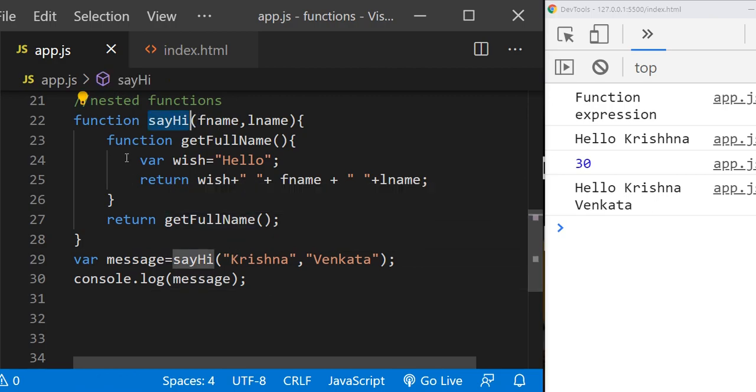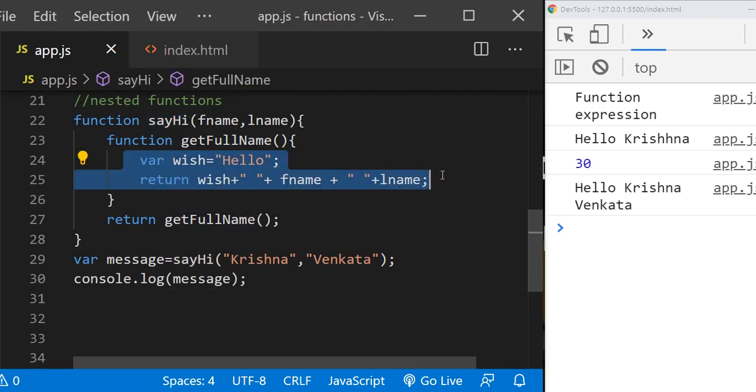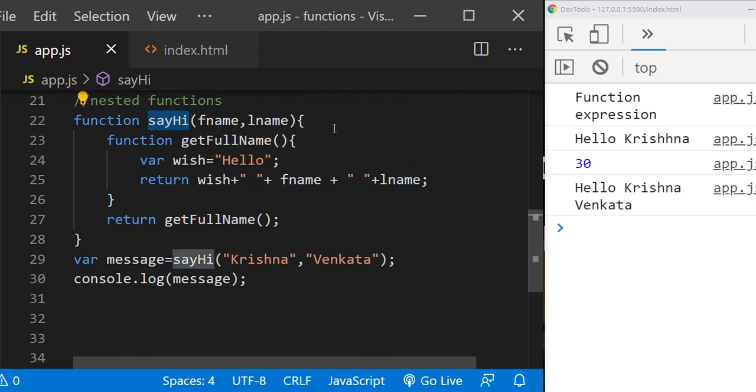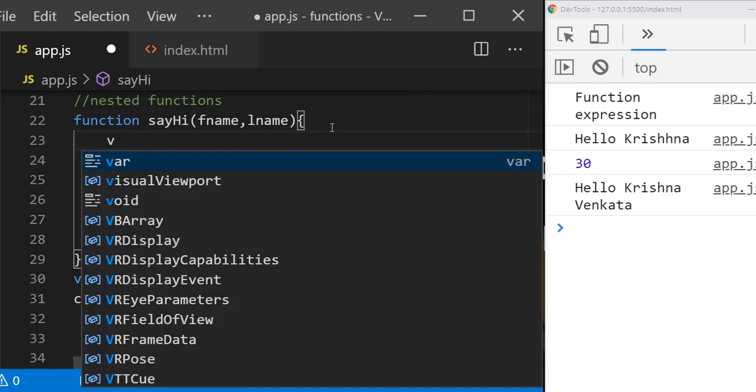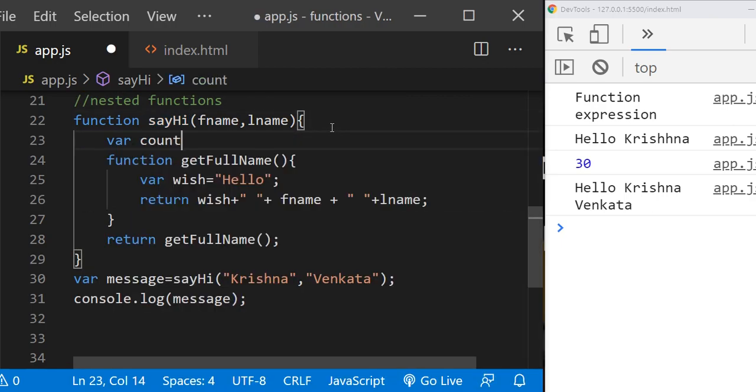This nested function can access all the variables declared in or passed to the outer function sayHi. So if we have here, let's say, var count equal to 0, this variable can be accessed here.